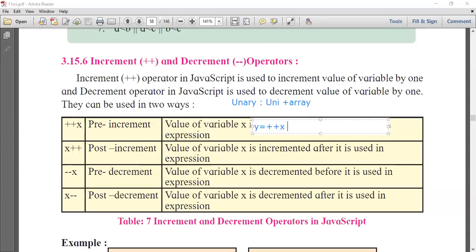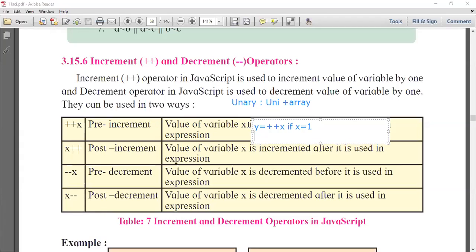Now if the value of x is equal to 1, then what will be the value of y? If the value of x is 1, then what will be the value of y? Okay, so here we have to do a calculation.